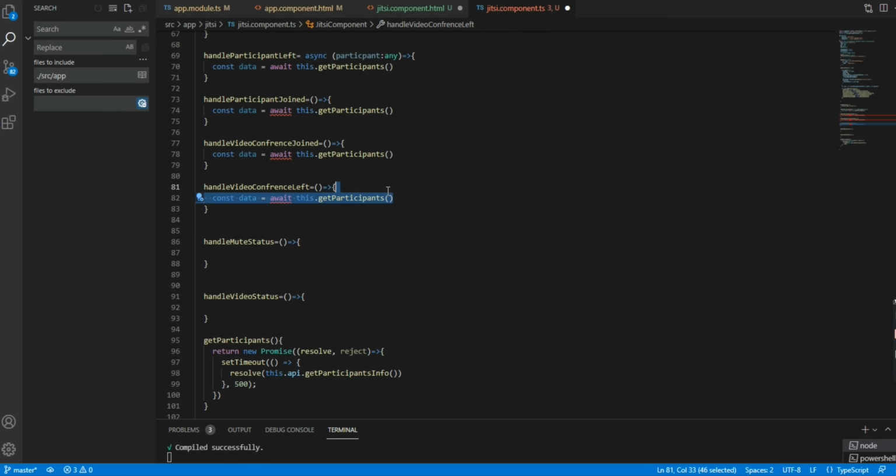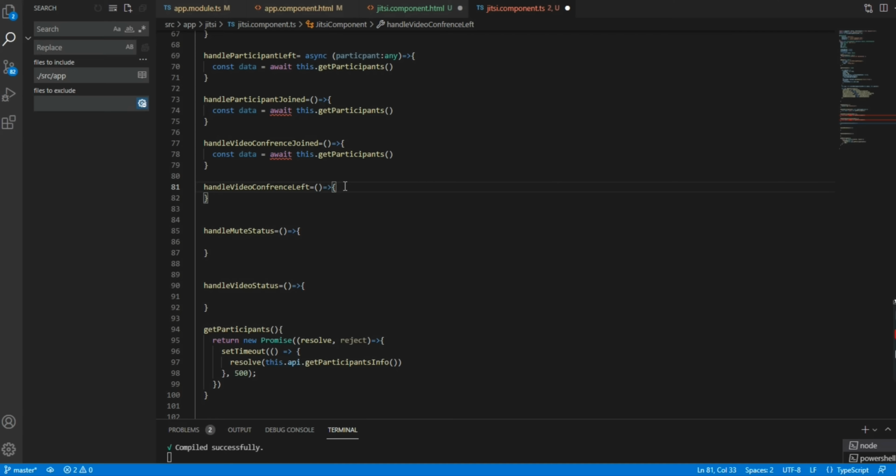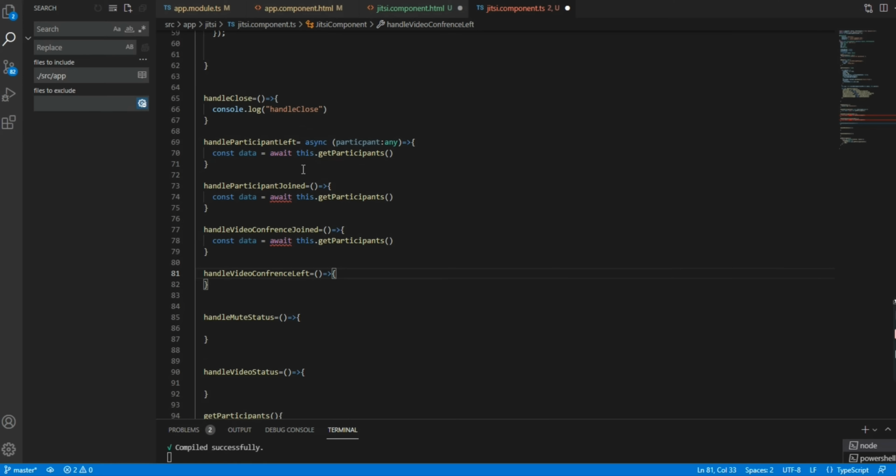For the video conference, we don't need any data; we just navigate to some other site if the handler returns.